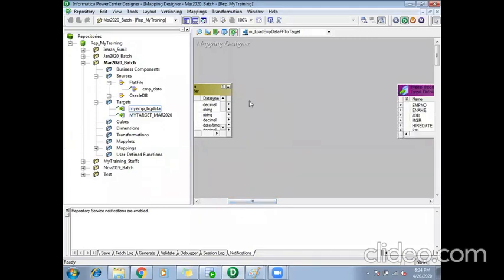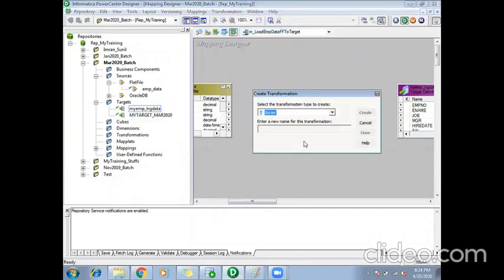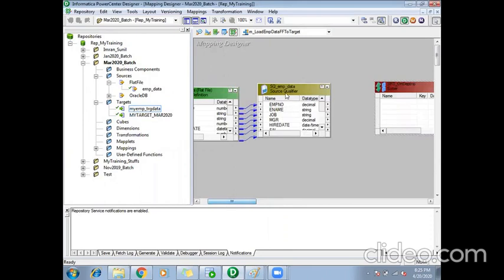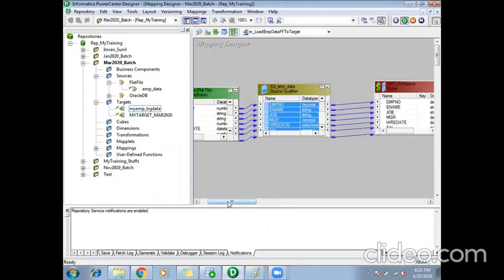So first I'll create a sorter and sort this data. I have created a sorter transformation, and I'll take all the records from my source qualifier to the sorter.